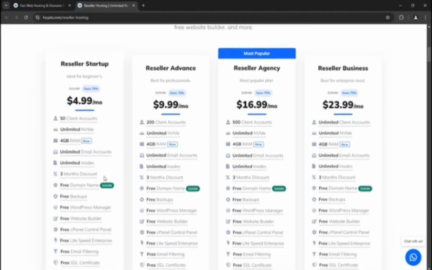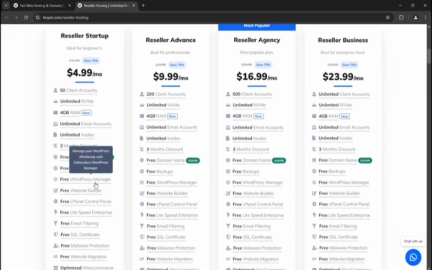Okay. Then next, we are offering a 3-month discount on 2 or 3 year purchases. If you go for 2 or 3 year billing, your 3 months will be free of cost. Suppose you will get an extra 3-month discount. Next, we are offering a free domain name. And next, in our reseller hosting, we are offering free WordPress manager, free website builder, free cPanel,